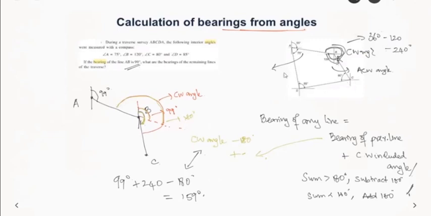And similarly, we can repeat for other lines as well. It is always best to draw the diagram and check it. And also we have one more thing, that the sum of interior or exterior angles for n sides in a closed traverse like this, if we have n sides, here we have 4 sides, will be equal to 2n plus or minus 4 into 90 degrees. So here we have 4 sides.